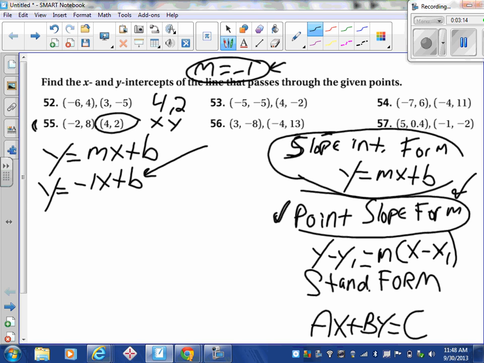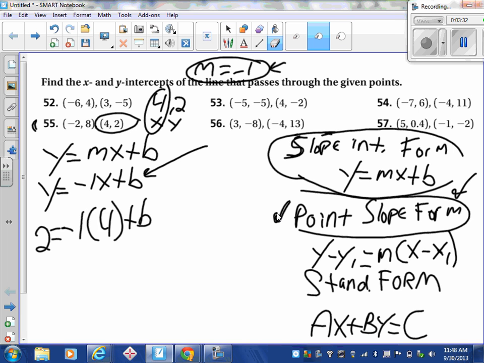So when I plug this in, I'm going to get 2 equals -1. My x is 4 plus b. Just want to make sure that you know that this is a -1. So I want to get b by itself. So I have 2 equals -1 times 4 is -4